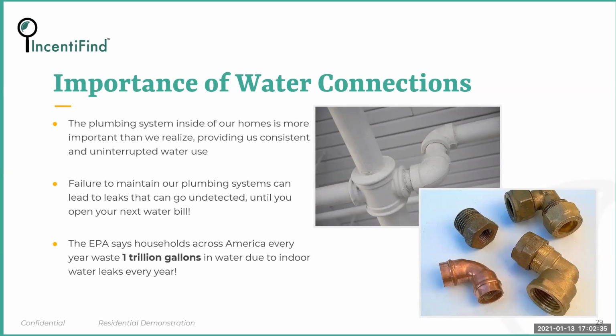I was emphasizing that point earlier: leaks are certainly crucial to keep under control, because if you don't detect them, the only way you're going to find out that you have a leaking problem is when you discover you've got a much higher water bill than you might have anticipated. So it's very important that you do the basics of this maintenance so that you don't have that unexpected bill